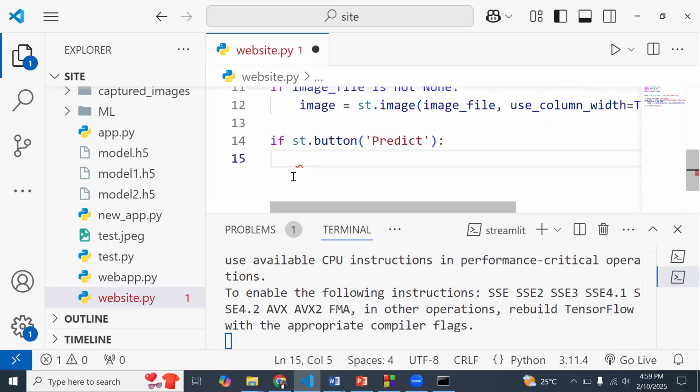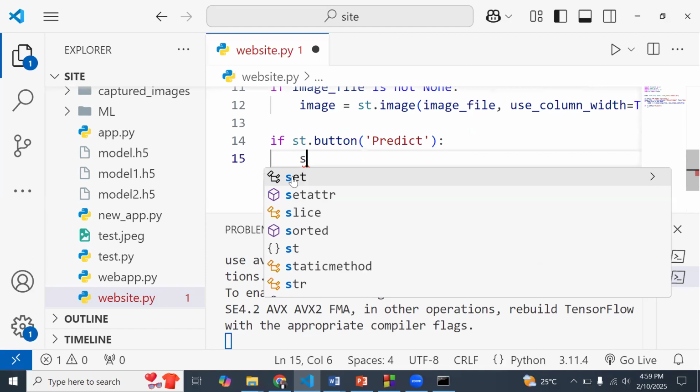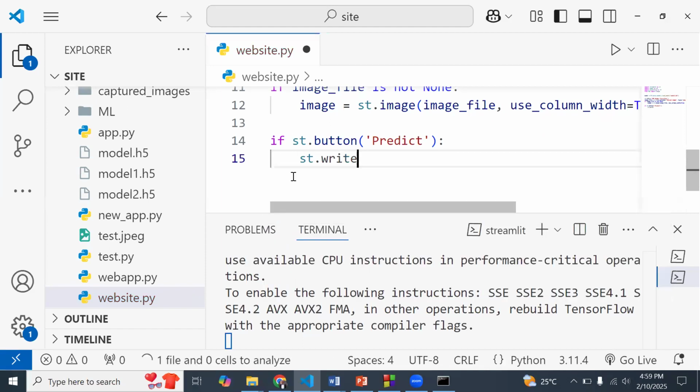If that's the case, or if that predict button is clicked, let me just do something small to test this. So I'm going to say predict button clicked.